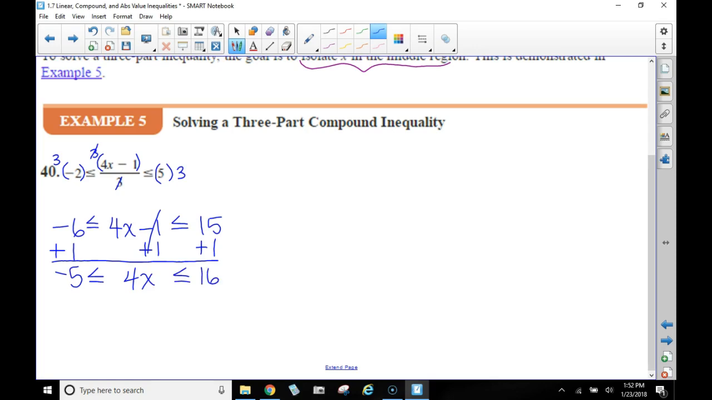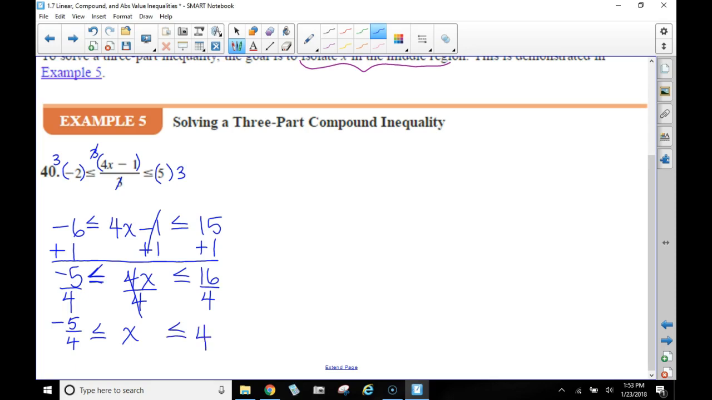The next step to isolate the x in the middle is to divide everything through by 4. Now, I'm just dividing through by positive 4, so the less than or equal to symbols aren't going to change. Divide by 4 on all three parts. Okay? So now we have negative 5/4 is less than or equal to x. Let's pause there for a minute. Another way to read that is x is greater than or equal to negative 5/4. Keep that in mind. And at the same time, x is less than or equal to 16 divided by 4